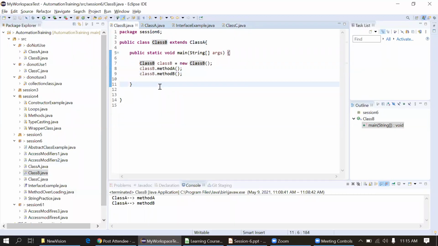Always look for the local methods. When the methods are defined locally, in the child class, it will give priority to the child class. If it is not present in the child class, then it will go to the parent class.